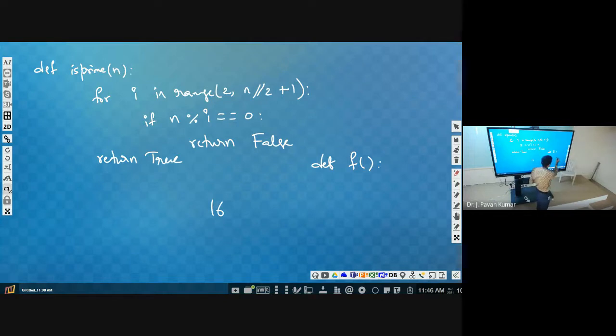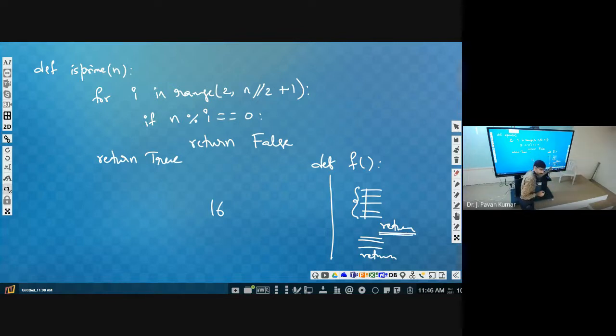Now we are writing some statements, and here we have a return, and some more statements, and here another return. Whenever we execute this function, it will execute these statements. If it encounters a return, then it will return from this function and will not execute the remaining statements.